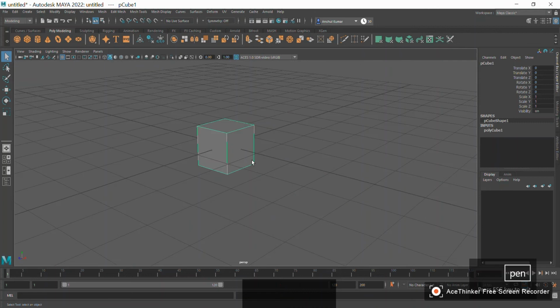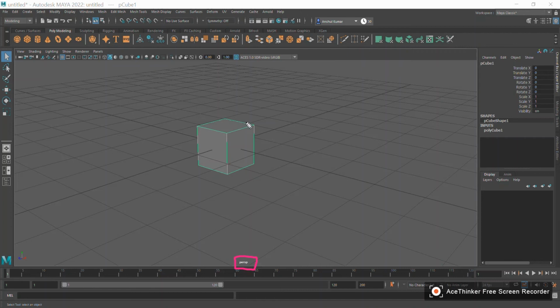Okay, so now what we are going to learn is what exactly views are. In the bottom of your screen you can see it is written PERSP, right? The full form of this is perspective. Right now, this is what we call a Maya scene, and this is the workspace. We call this whole thing a Maya scene. So right now we are in perspective mode.